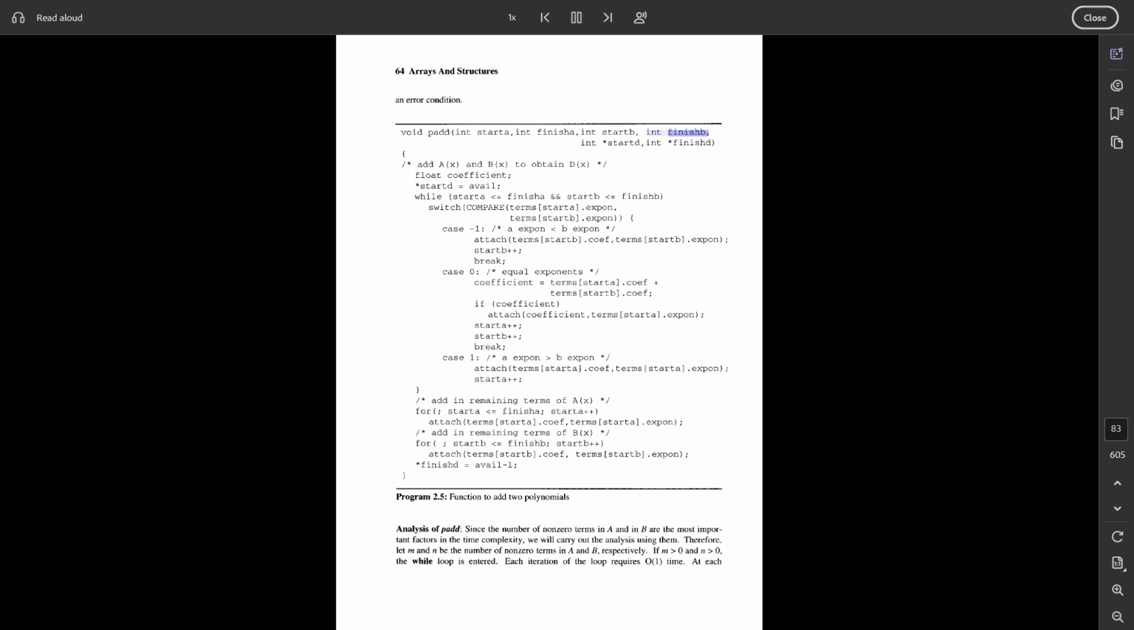void padd(int starta, int finisha, int startb, int finishb, int *startd, int *finishd) /* add A(x) and B(x) to obtain D(x) */ { float coefficient; *startd = avail; while (starta <= finisha && startb <= finishb) switch (COMPARE(terms[starta].expon, terms[startb].expon)) { case -1: /* a expon < b expon */